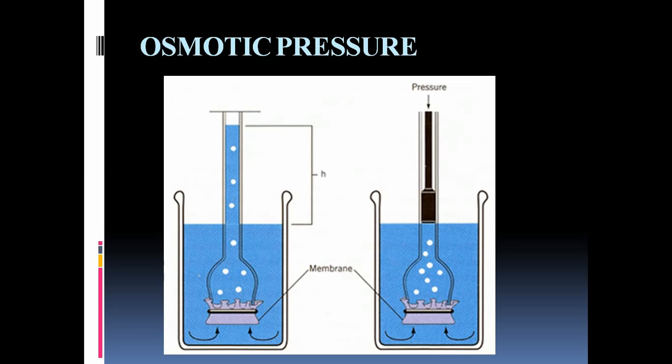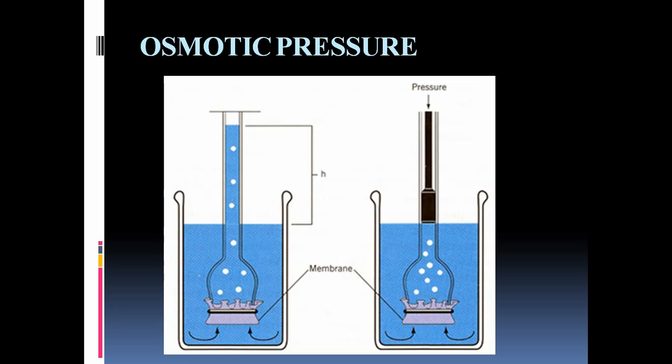Now we have taken 2 beakers and 2 thistle funnels with the same setup. In the beaker we have kept water and in the thistle funnel we have kept sugar solution. One extra thing we have added in one of the beakers, that is a pressure. We have added one piston, a pressure on the sugar solution present in the thistle funnel. What we notice is that after some time there is a rise in the level of sugar solution in the thistle funnel in the beaker which is not having the piston, but the other beaker which is having the piston shows no rise in the level of sugar solution in the thistle funnel. Why?